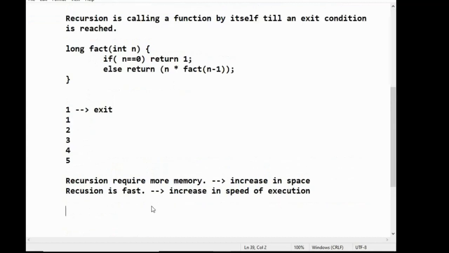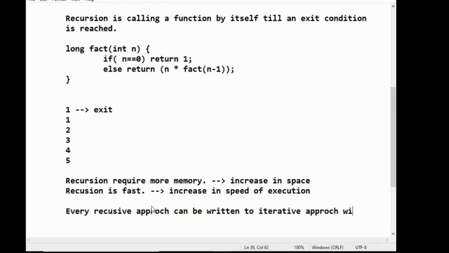For every recursive approach, or we can say every recursive approach can be written as an iterative approach with some effort.